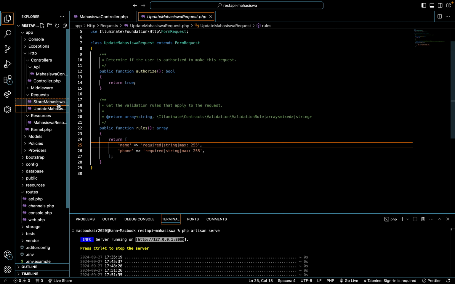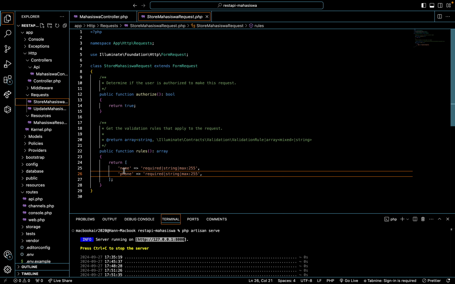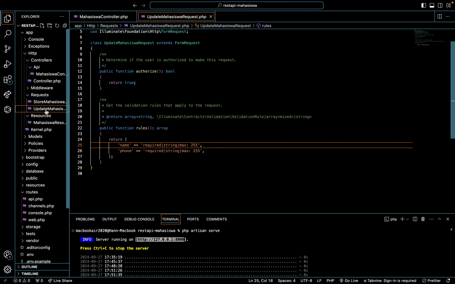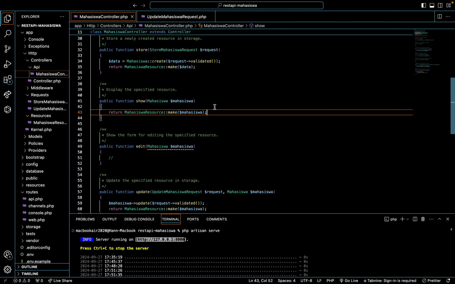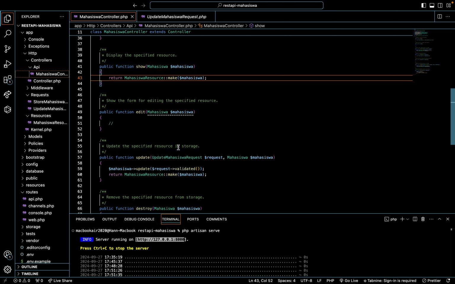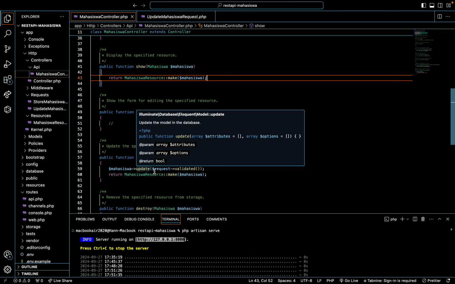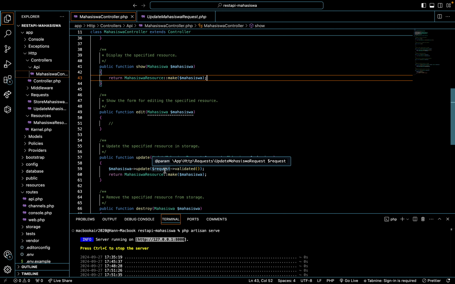We can copy paste this to this, and then we go back to the mahasiswa controller again, public function update, string mahasiswa and update request, request validated.